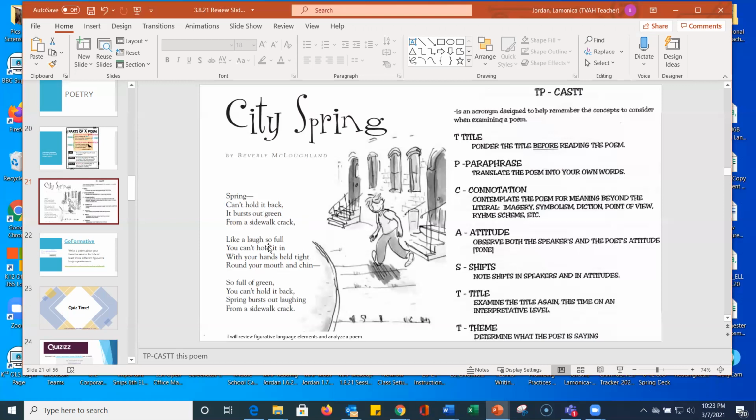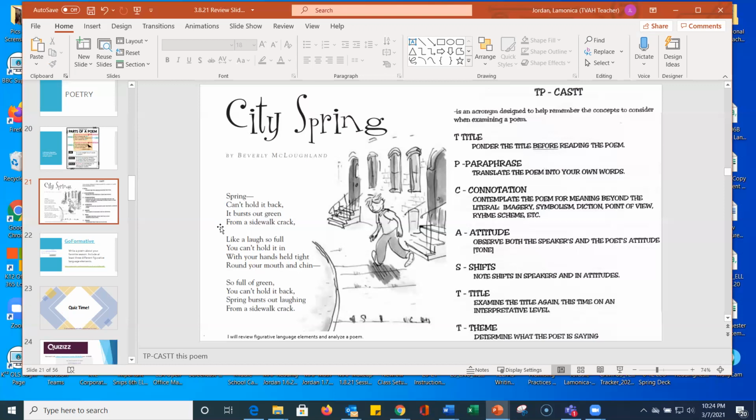Let's look at the next stanza. Full, so that's going to be A, and then B, because it doesn't rhyme with full. Tight is C, and chin and B rhyme. So in this case, we've got an A, B, C, B. So again, it's an A, B, C, B rhyme scheme. Green, A; back, B; lightning, C; and crack, B. So it's going to be an A, B, C, B rhyme scheme. So that's the rhyme scheme throughout the poem. All right. Well, let's look and contemplate the meaning.